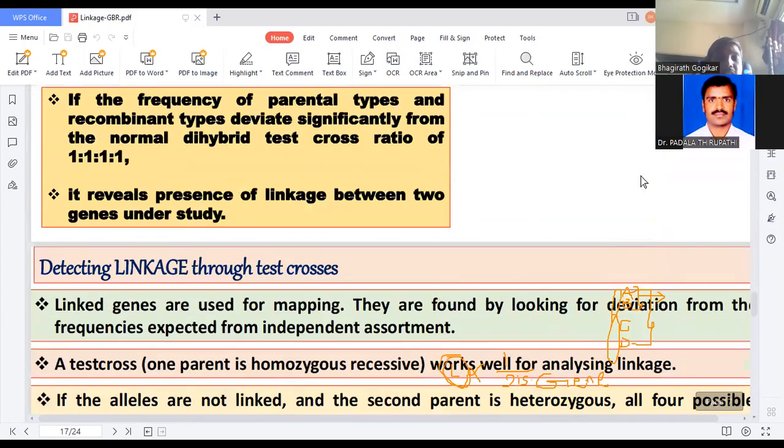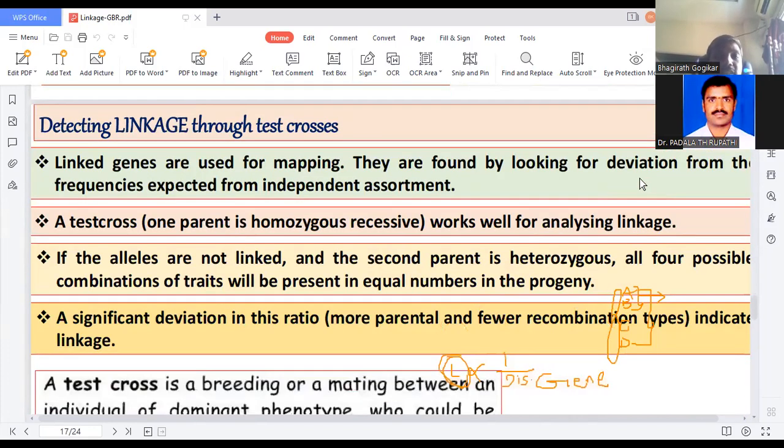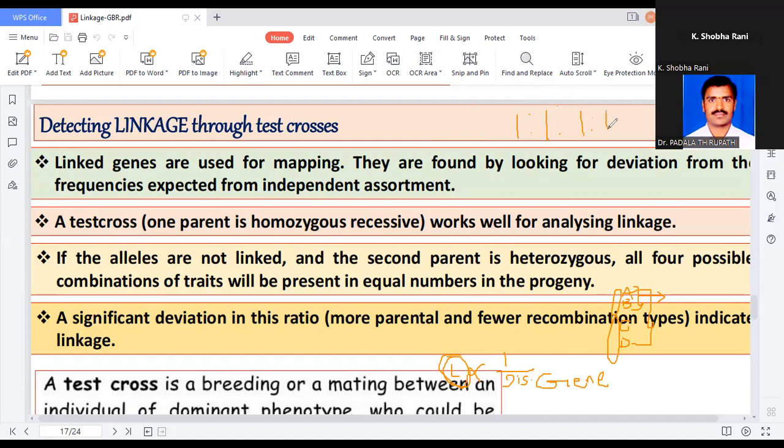Detecting the linkage through the test cross. So what do the dihybrid test cross results explain? What is the ratio of a dihybrid test cross? 1:1:1:1, yes, four 1s, it indicates that. But when a linkage phenomenon is observed in the genes, we do not get this type of ratio. Instead of four 1s, we can get